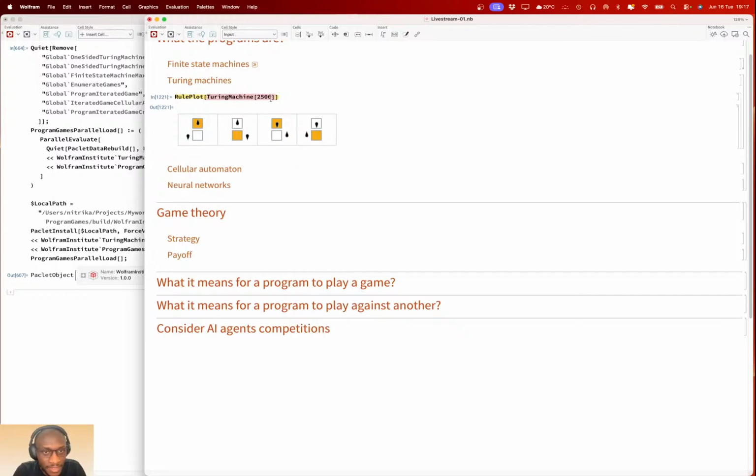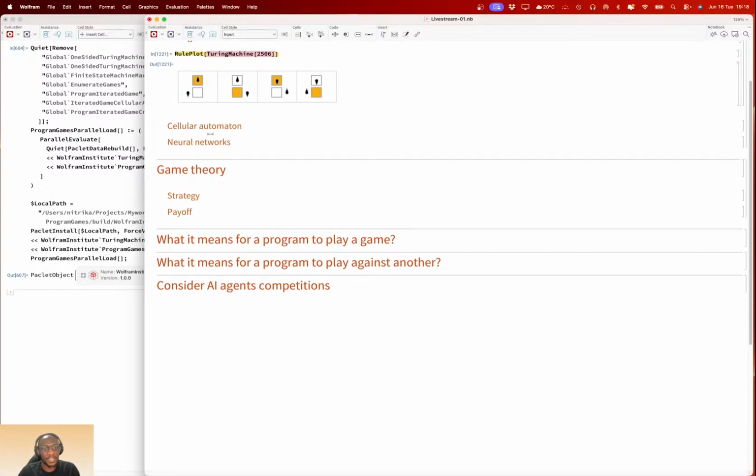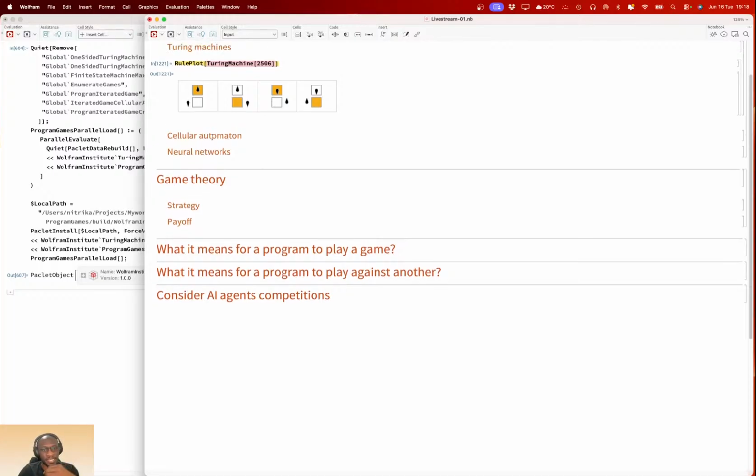Yes, this is a two-state Turing machine, right? If you study this, it tells you what the next move of the Turing machine should be and what it will write on the tape. We will use that in our program configuration: whatever the Turing machine writes is what we will say the strategy of that Turing machine looks like, right?